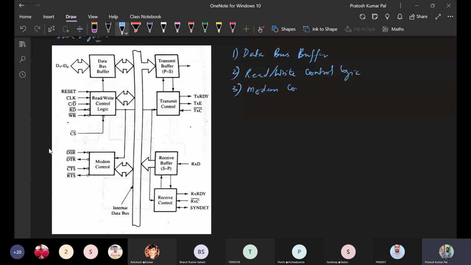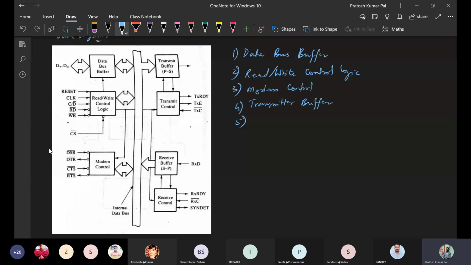Fourth one is transmitter buffer. The fifth one is transmitter buffer transmitter section. Basically, the transmitter section will consist of transmitter buffer and transmission control.